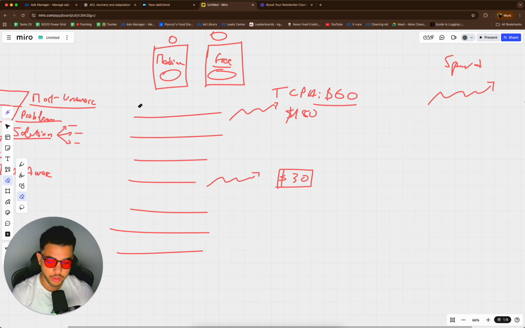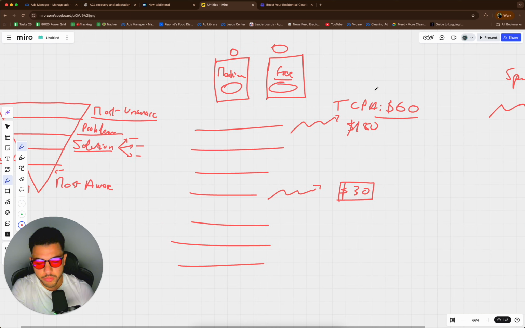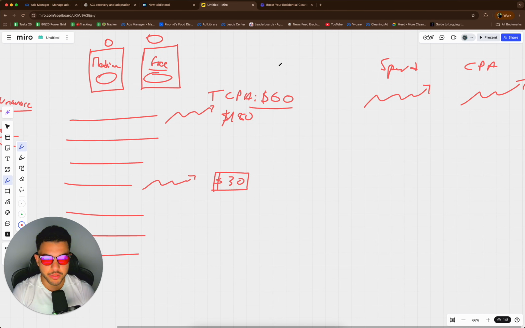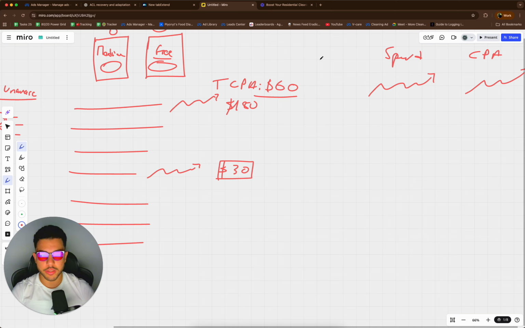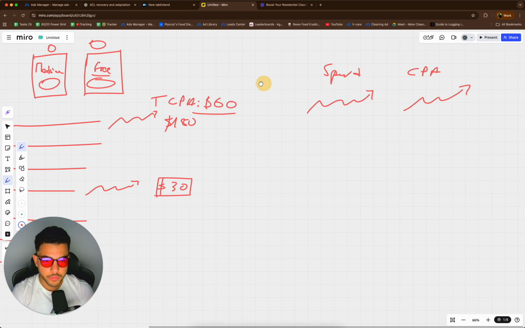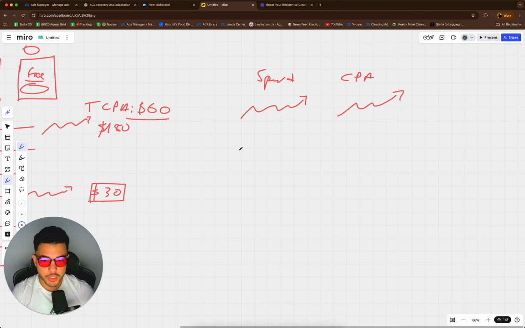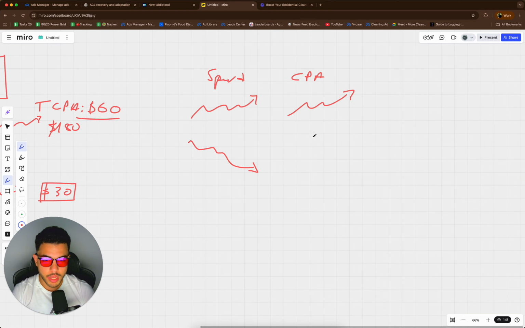I wholeheartedly disagree. Sure, there are some things they do, but within 2 months of media buying, you know what the things are that you don't need to be doing. Like you have certain placements, and you don't want to run 12 different ads within a dynamic creative setup at once with 6 different headlines and 6 different copies. The spend is not even going to be enough. But if it's still spending and the CPA is increasing, you don't want to turn it off. If the spend is decreasing, right, and the CPA is increasing, that's when you want to stop it.